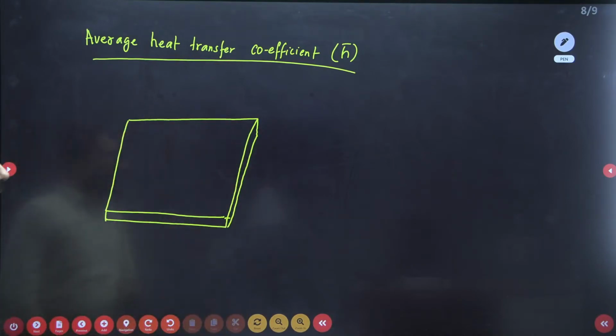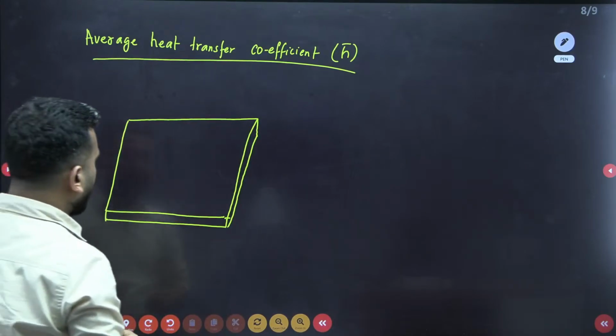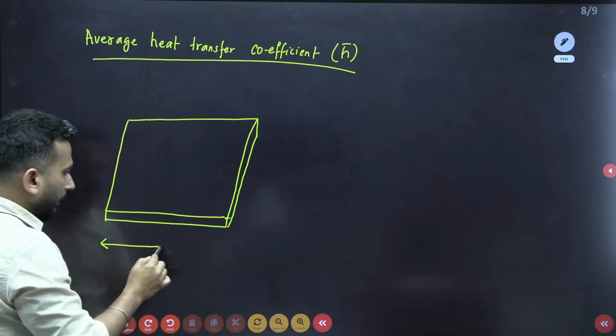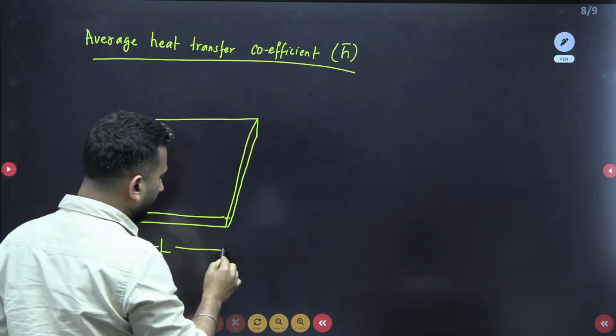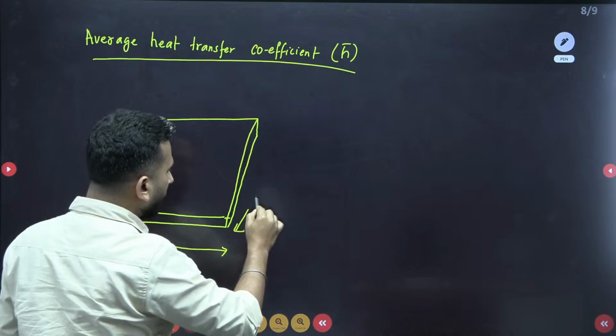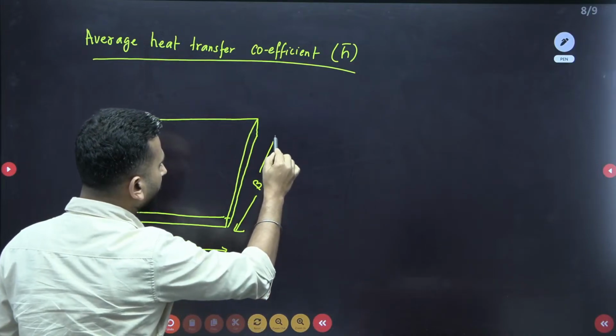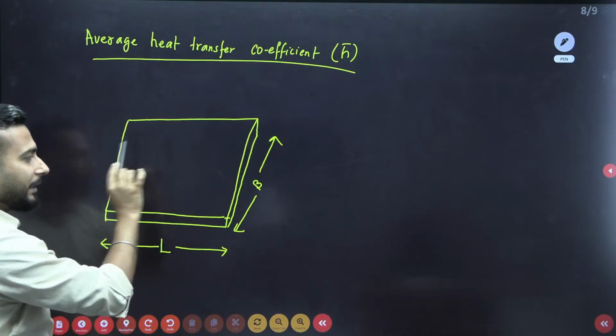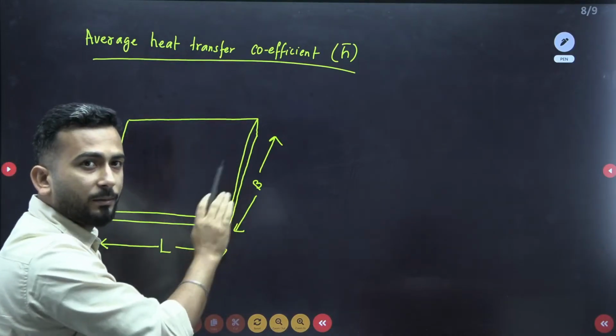I have tried to show the 3D view, hope it is looking good. So this is L, the length of the plate, this is the width, this is the thickness. So what I will do, I know that H is changing with respect to x,